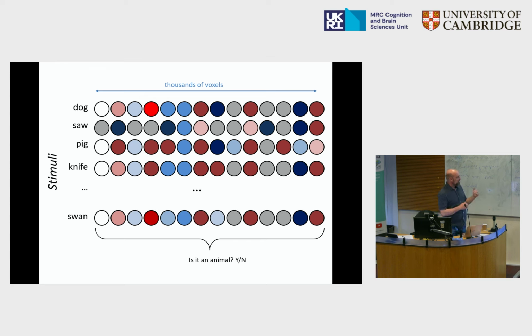Rather than now looking at each voxel independently and computing its mean activity in one condition versus the other, another thing we could do would be to look at the whole pattern evoked by any given stimulus and try to learn a model that will predict, for instance, is this thing an animal or not? Okay, that's a very simple kind of, right, rather than is this voxel more active for animals than non-animals, we can take the whole pattern and say, tell me now from this brain picture, was the person looking at an animal or not? Okay?